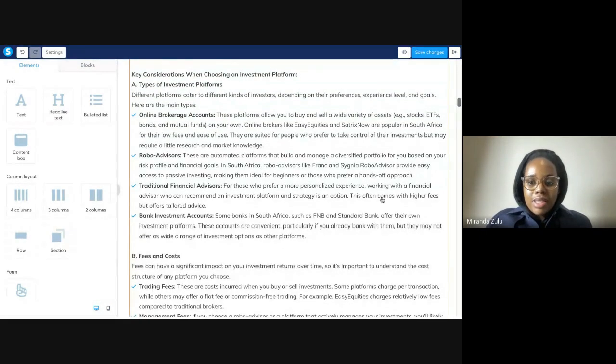Then there are robo-advisors, kind of automated platforms. So when you go on the platform, they've got certain steps built in to help manage your investment, and they do the background work for you. So one robo-advisor that I really like is Frank, and I use it. There's also a Sygnia robo-advisor. And so it's kind of passive investing. They set up their platform in a way that when you download the app, it has questions that it asks you, and it tailors your investment in a certain way. And then it's more of a hands-off approach. And then all you do is just put in money and fund your account.